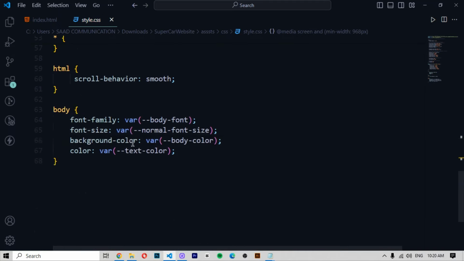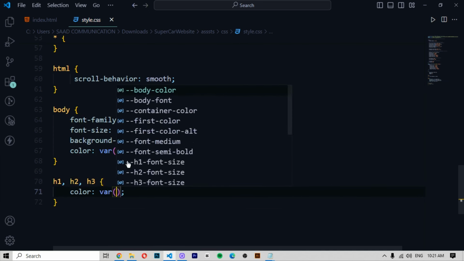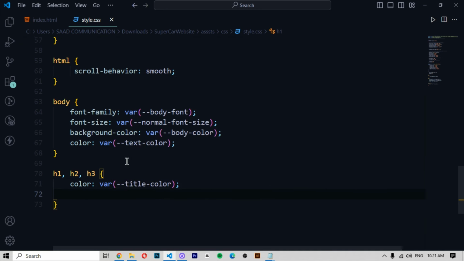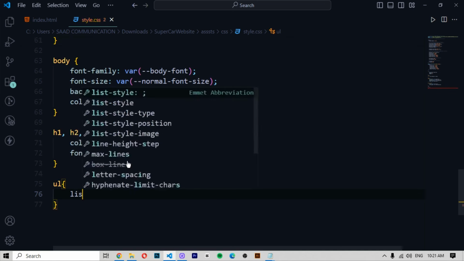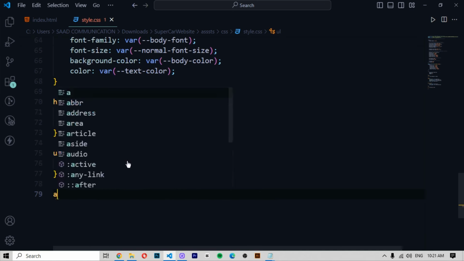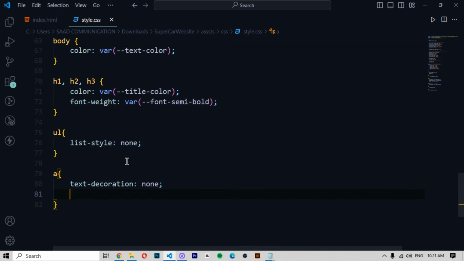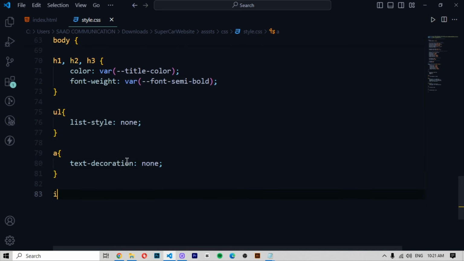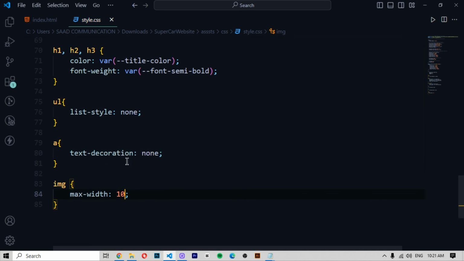So now we write h1, h2, h3, and then here we define color should be var(--title-color), and then font-weight var(--font-semi-bold). Then ul, in the ul we define list-style should be none. In the a, text-decoration should be none, enter. And then what we can do here, define img max-width 100%,